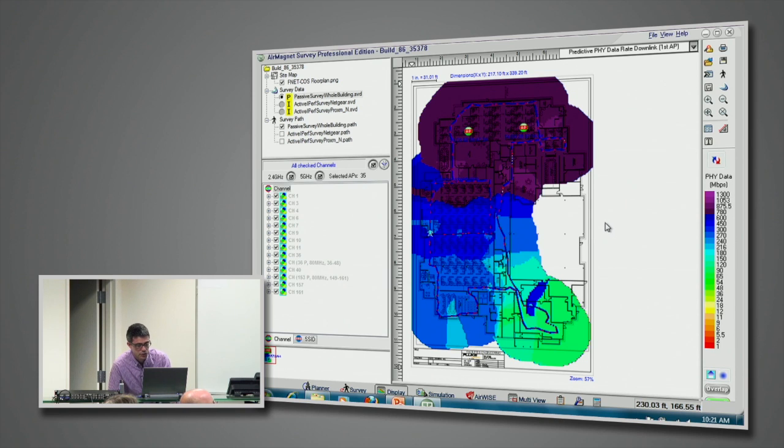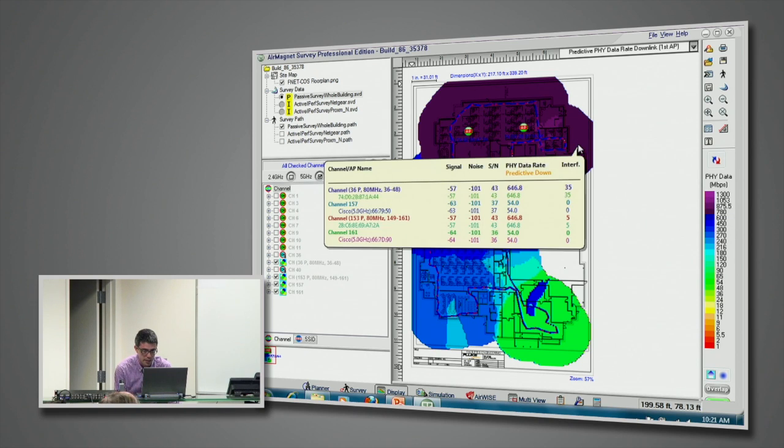So this picture also confirms the same, which is up north we have our AC access points being the strongest. And let me disable 2.4 again. Up north we have our AC access points as being the strongest, capable of very high PHY data rates. And the tooltip will show you. We're talking about